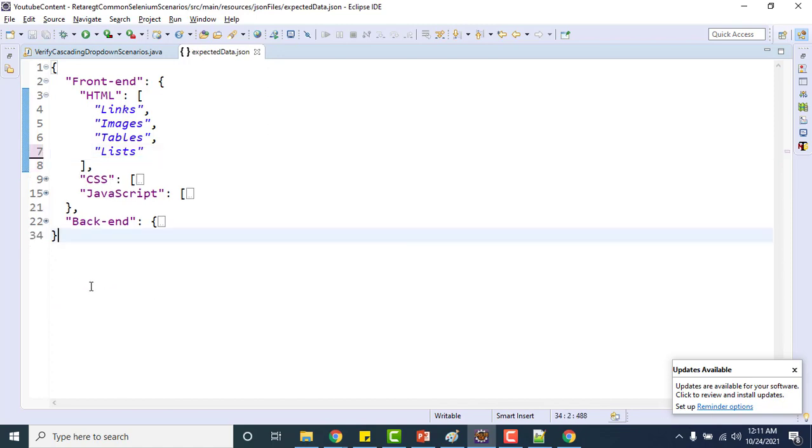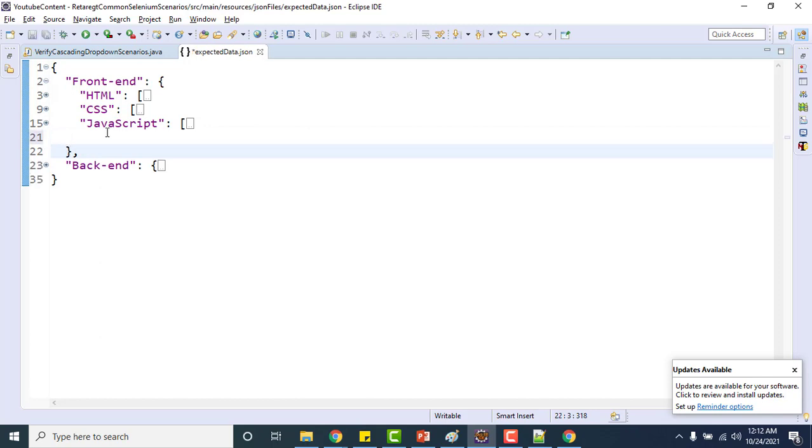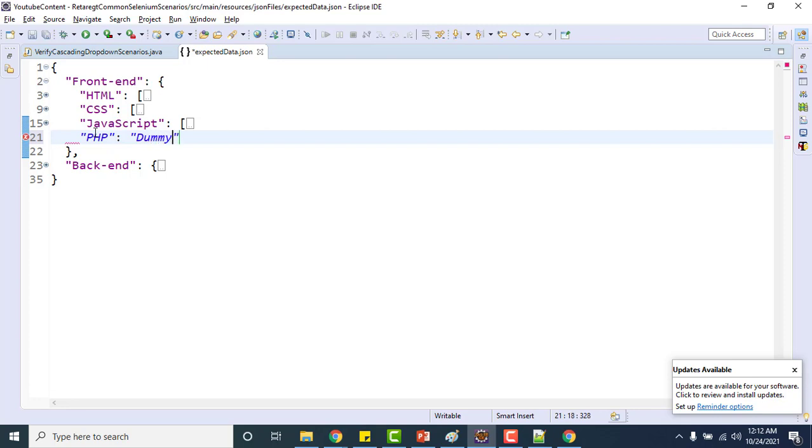So what I can do here, I simply go and add one more, like PHP. I am simply using some dummy value, and I need to use one comma here.